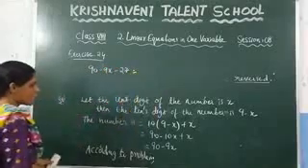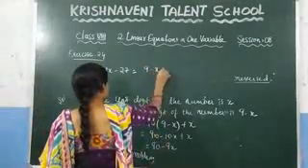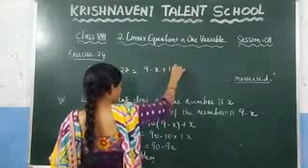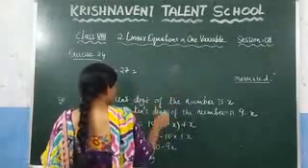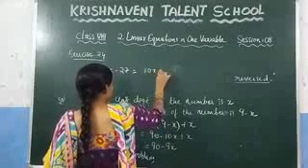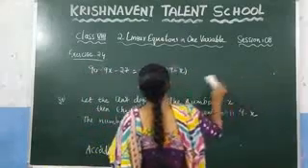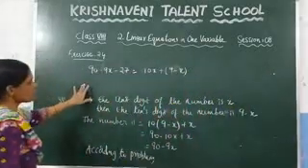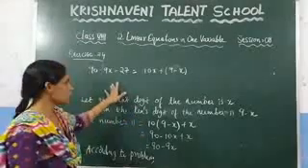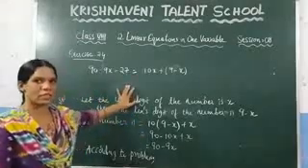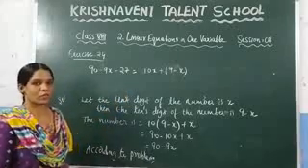Its digits are reversed, so in place of this one you can write 9 minus x plus, after reversing its digits, 10 into x plus 9 minus x. Just now we calculated this. You can solve this problem up to this, and after that you can find the value of x so that you will get the number. This session is completed. In the next session, we are going to solve the remaining